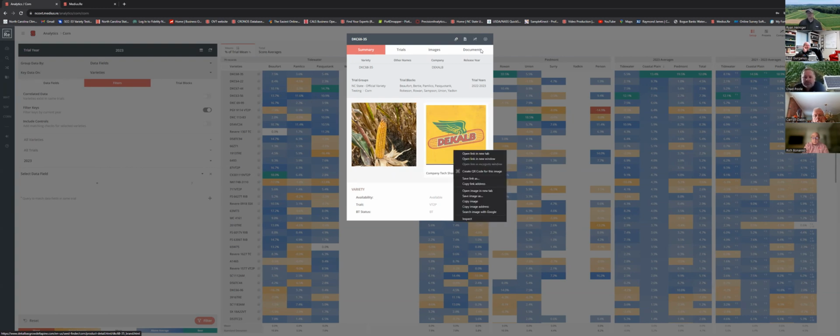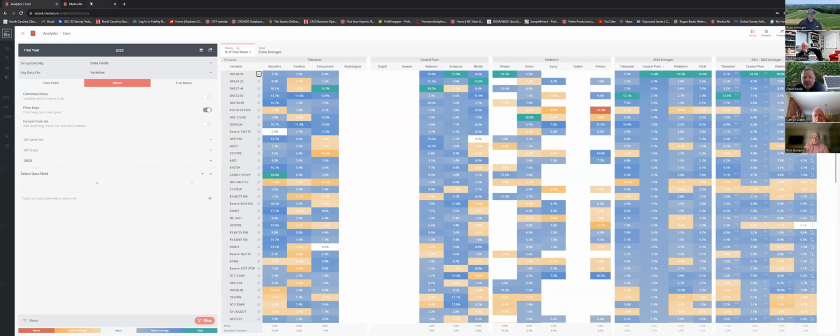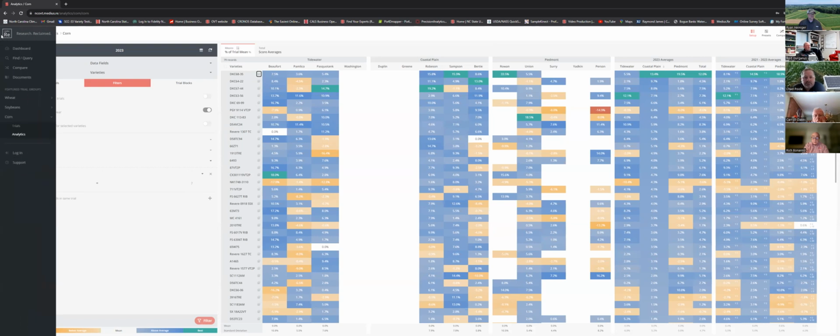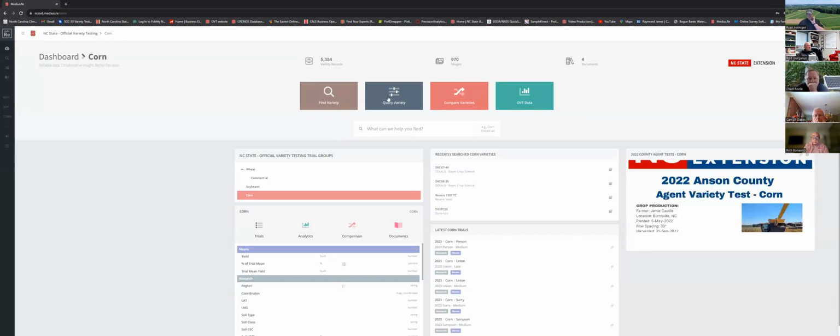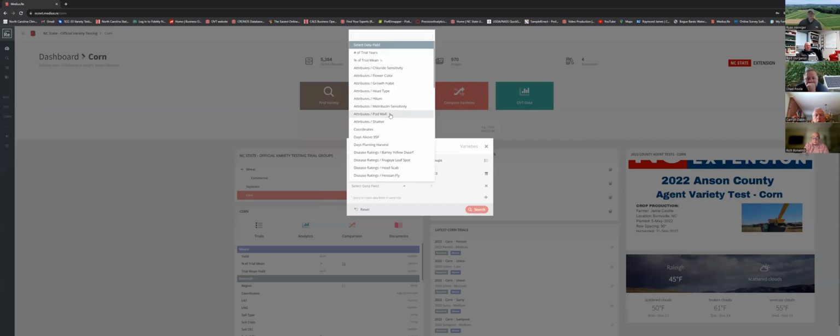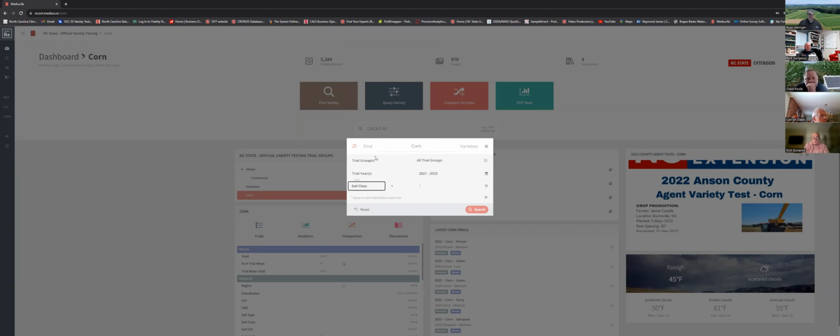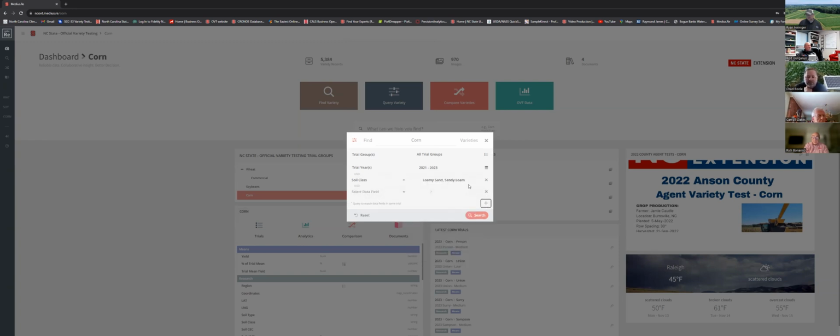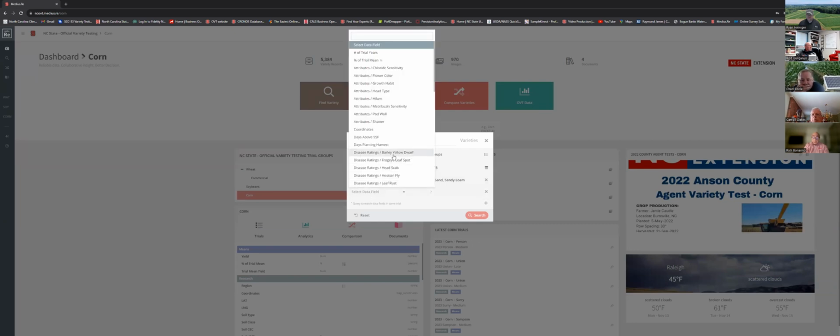Any other questions? Let me go back a little bit. When I talk about querying for a specific data set, we have the opportunity here where I can say I want my soil class to be anything that's a sandy loam or a loamy sand, and I want to know what performed well. We're kind of getting at this when we talk about regions, but I've got it down to specific soil class because not all regions are all clay or all organic. We've got sandy locations in the Piedmont, we've got sandy locations in the Tidewater. So we want a global look at soil class. We can do that by querying this data and then querying the yield